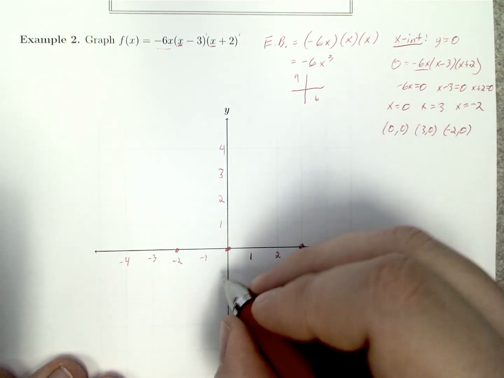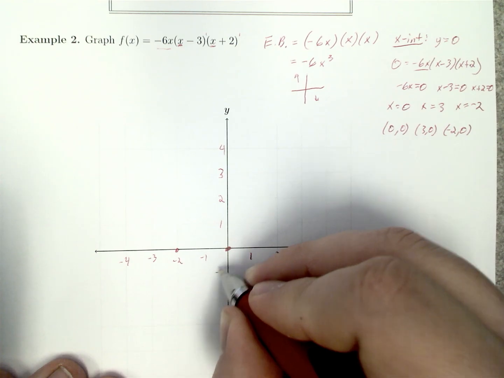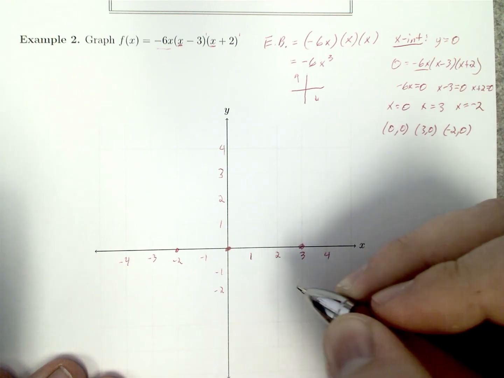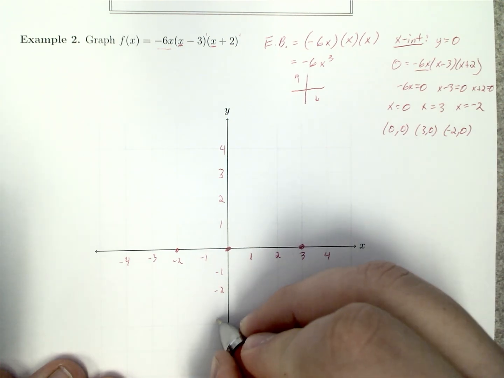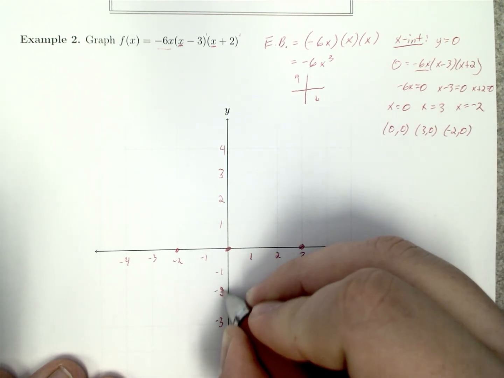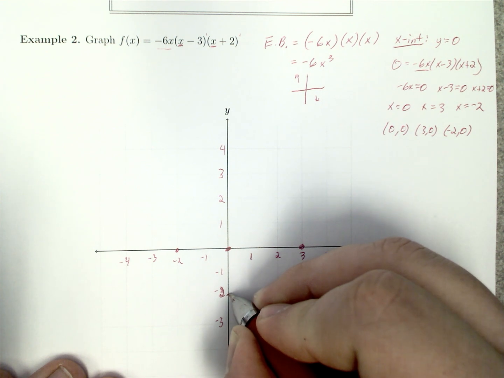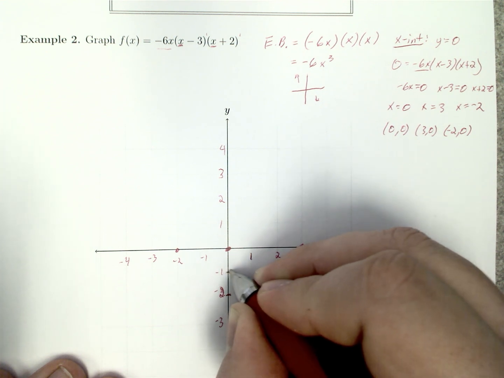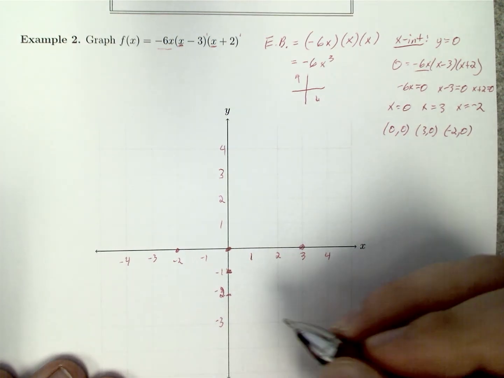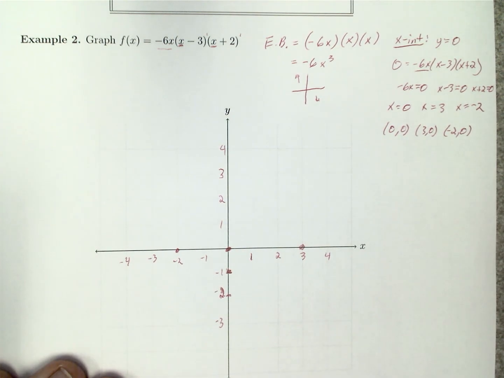We have negative 1, negative 2, negative 3. I think I misplaced the negative 2 there a little bit. How about that? Okay. So we have something like this. And then